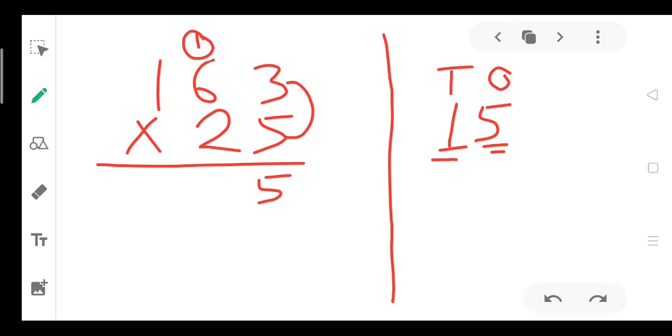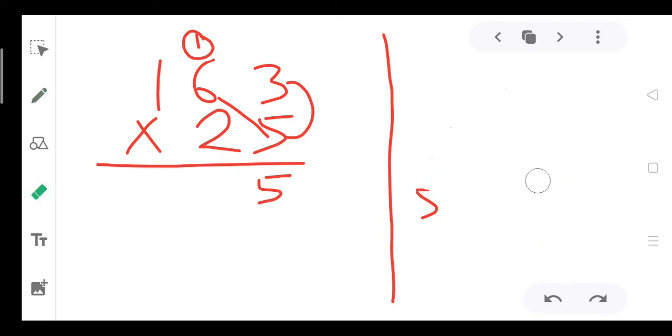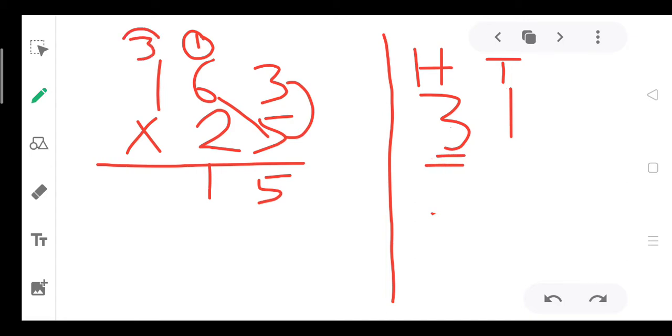Now our second step is, we will multiply 5 by 6. We will read the table of 5 up to 6, or the table of 6 up to 5. 6 5s are 30, 5 6s are 30. Now our product of 5 and 6 is 30, but don't forget to add the carry also, it becomes 31. 31 tens. What is the meaning of 31 tens? 31 tens means tens are 1 and hundreds are 3. So at the tens place we will write 1, and this 3 will be carried over to the hundreds place.